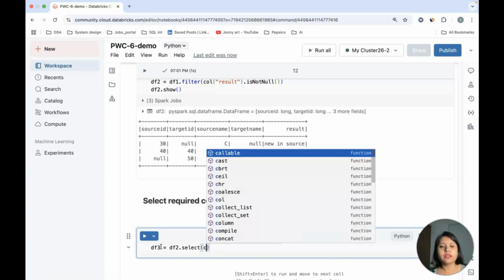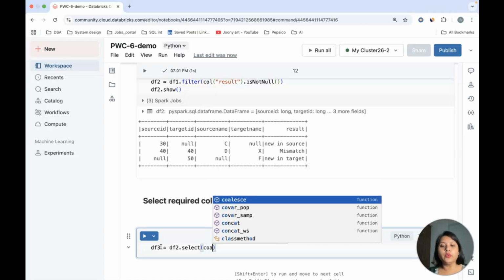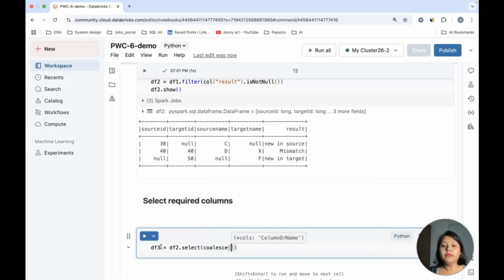So I want to select the ones which are not null, right? How can you do it? You can do it using a coalesce function, right? So I will use my column source ID along with my column target ID.